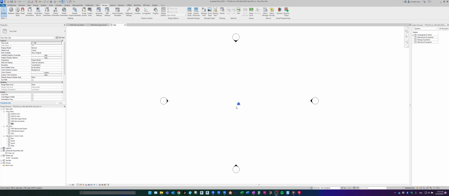This is a look at how I acquire coordinates from a Revit file. I have opened a blank or new Revit model using a project template I have set up. I have collaborated the model to BIM 360, and now I would like to acquire the coordinates from a pre-existing